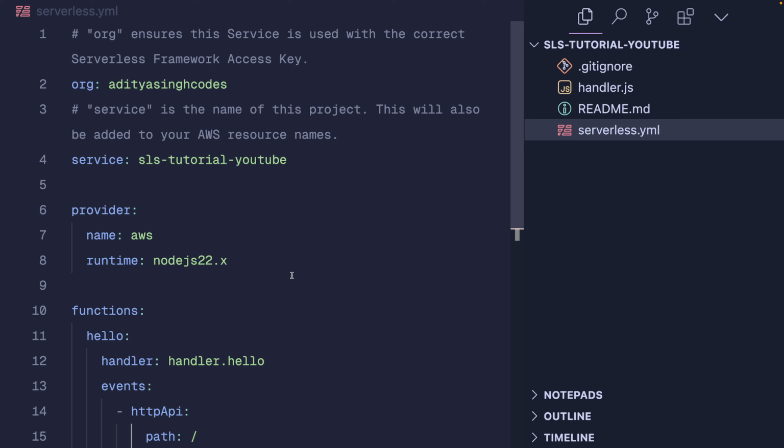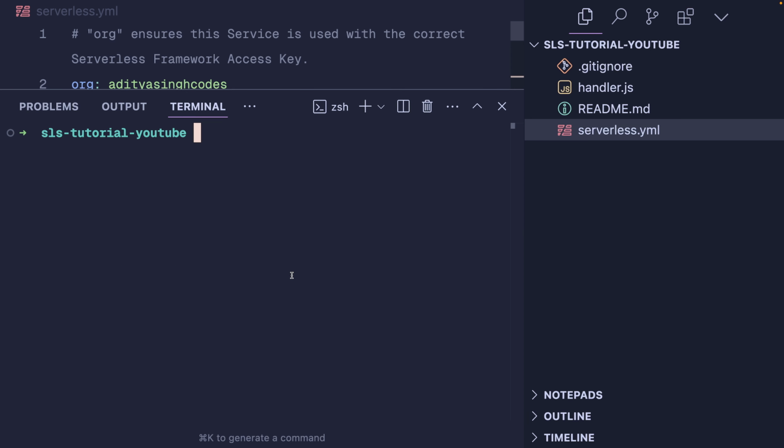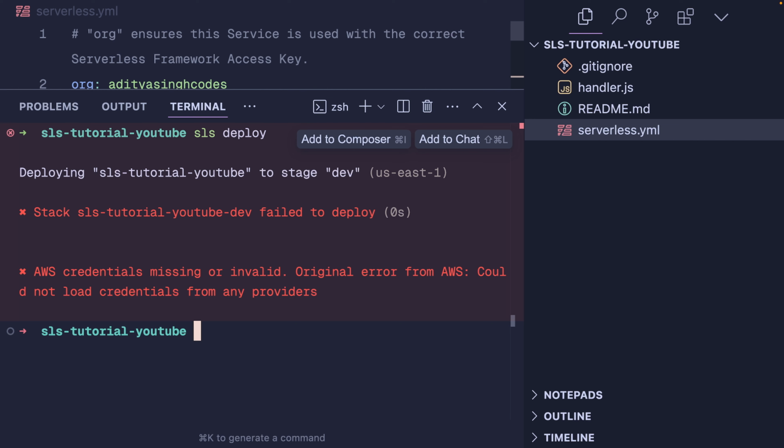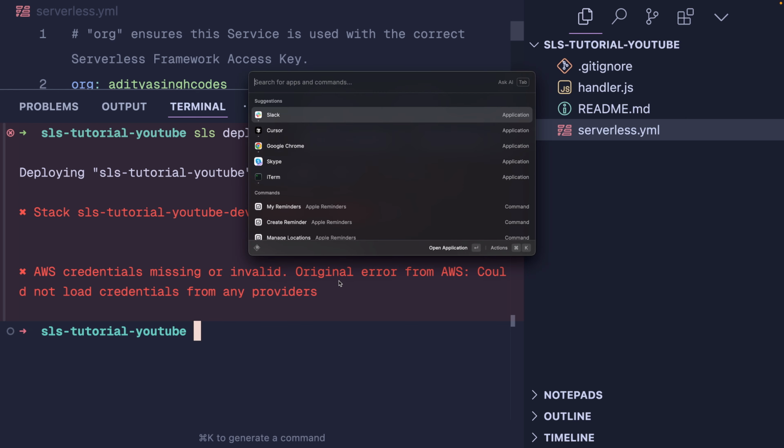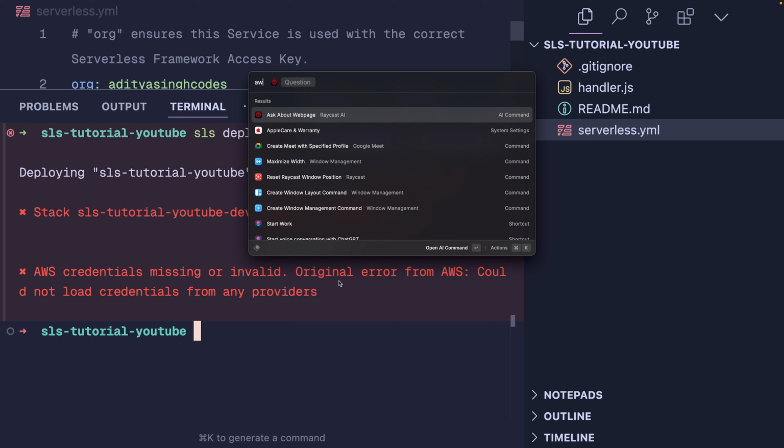Now let's deploy this Lambda function to our AWS account. To do that, I can open my terminal and simply say sls and then deploy. When I do that, you'll see that it is authenticating. And then we are seeing this error: stack SLS tutorial YouTube dev failed to deploy. The reason it is giving us is that AWS credentials are missing or invalid. And this actually makes sense when you think about it. We have not told the Serverless Framework in which account we want to deploy this AWS Lambda function. That means we should now go to